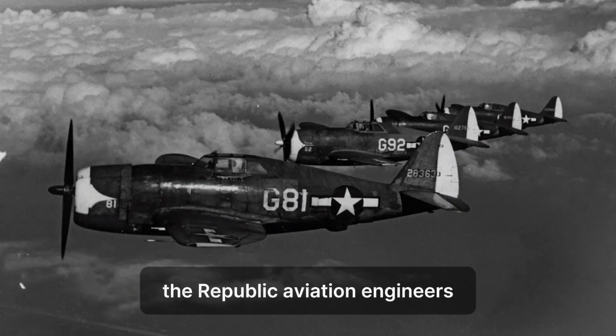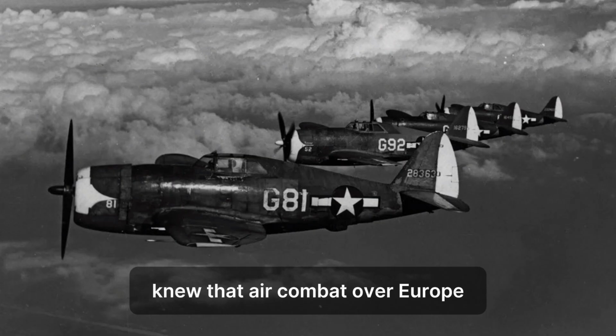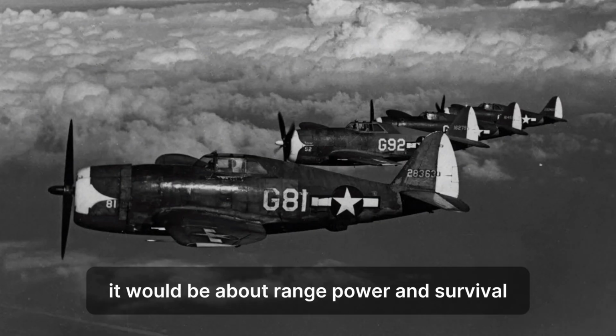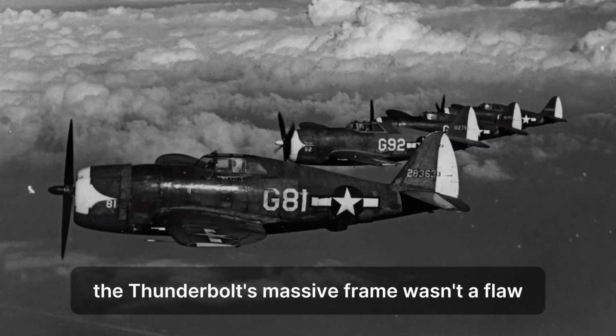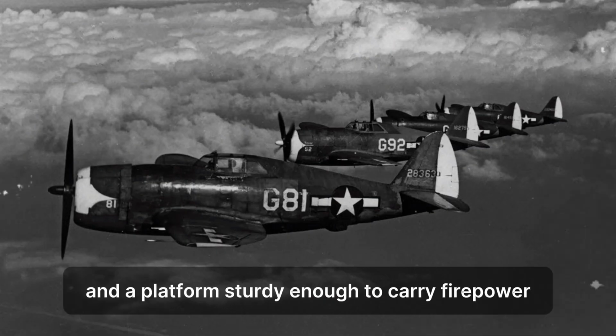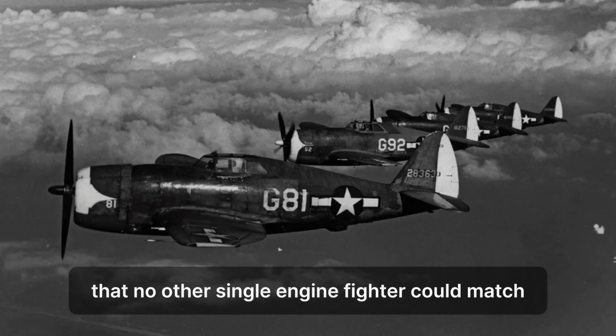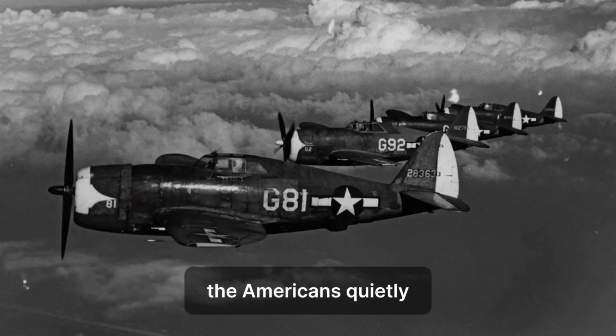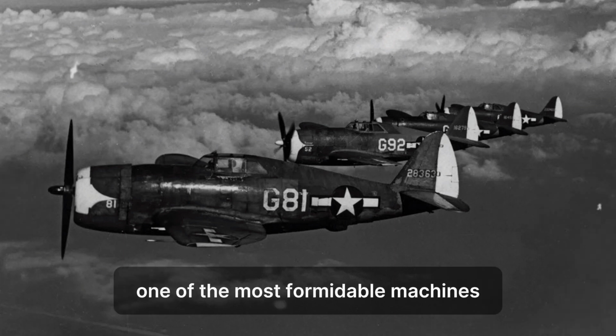The Republic Aviation engineers knew that air combat over Europe wasn't going to be about graceful turns. It would be about range, power, and survival. The Thunderbolt's massive frame wasn't a flaw, it was armor. It was protection for its pilot, protection for its engine, and a platform sturdy enough to carry firepower that no other single-engine fighter could match. While German pilots mocked its looks, the Americans quietly prepared to unleash one of the most formidable machines of the